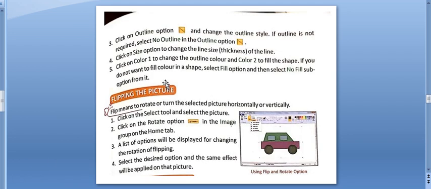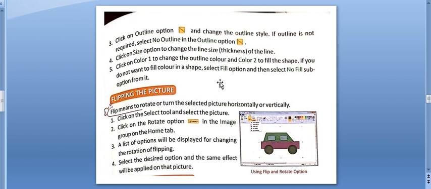Now, drawing different shapes. See, these are the shapes and you can select any shape and bring it out. We can draw different shapes in Paint. First, select any shape, hold down the left mouse button and drag the mouse. We can change the look of the ready-made shapes as per our need.